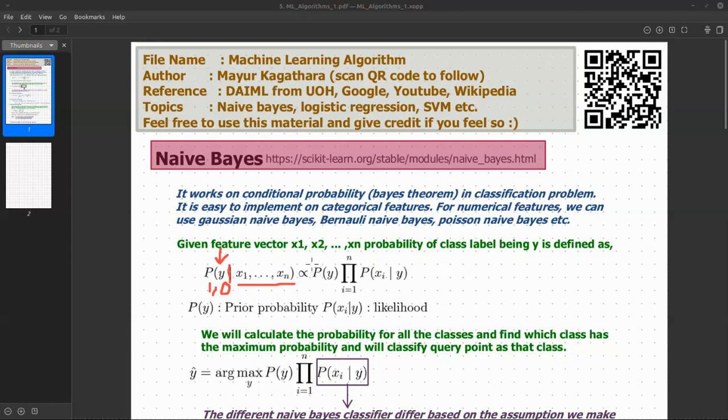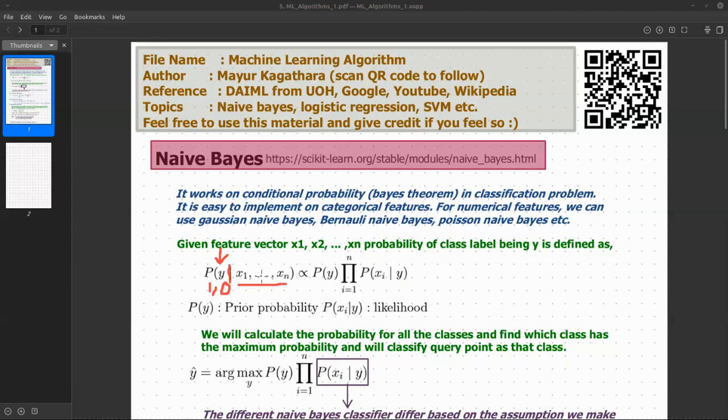It's proportional to the probability of y, that is nothing but the prior probability, right? So given the training data set, let's say you have 1000 yes and 500 no, right? So there is a high chance that you will see yes rather than no, because beforehand, one has a higher weight than zero. So this is the prior probability, and I will multiply it with the probability of xi given y. So for each feature I will calculate the likelihood.